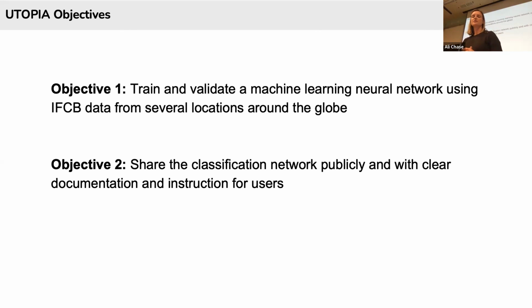So there has been work done using different machine learning networks and some deep learning for IFCB imagery, but generally they have been conducted in situations where it's specific to a certain data set. That can be useful, but I think the time is right for tools that are more open source and collaborative, as is generally the trend in earth science. And I think it's really powerful and exciting.